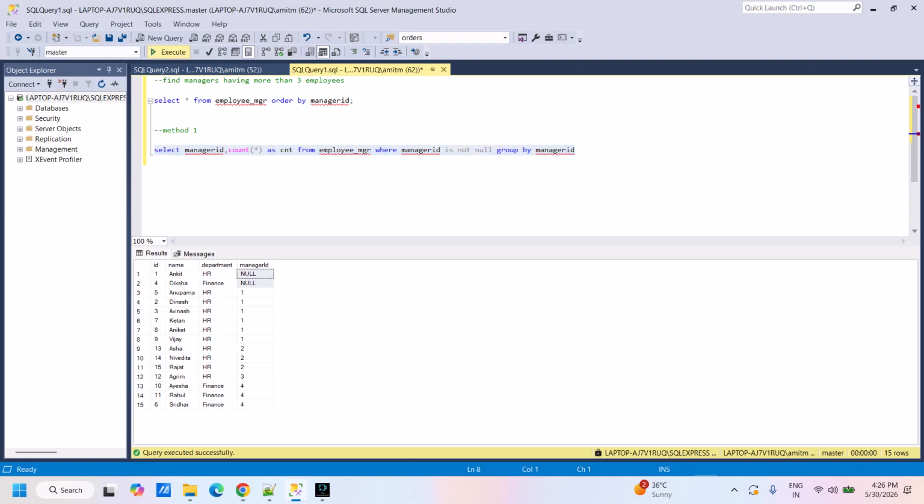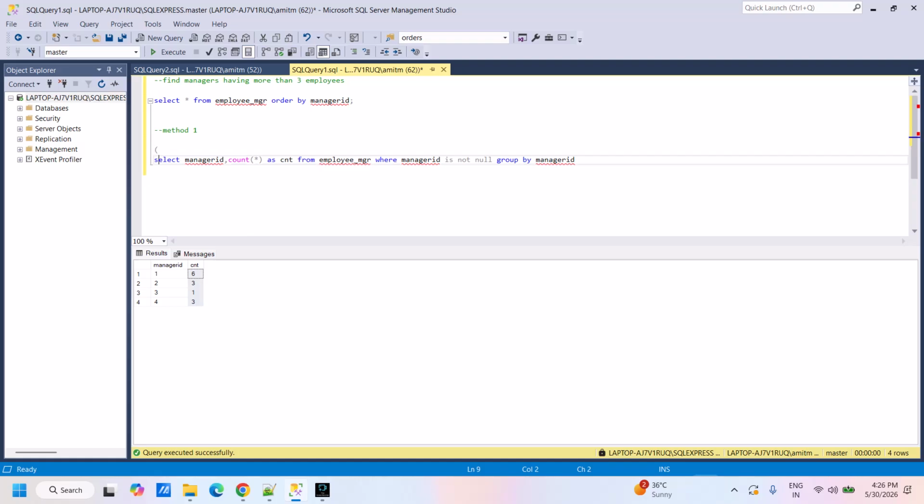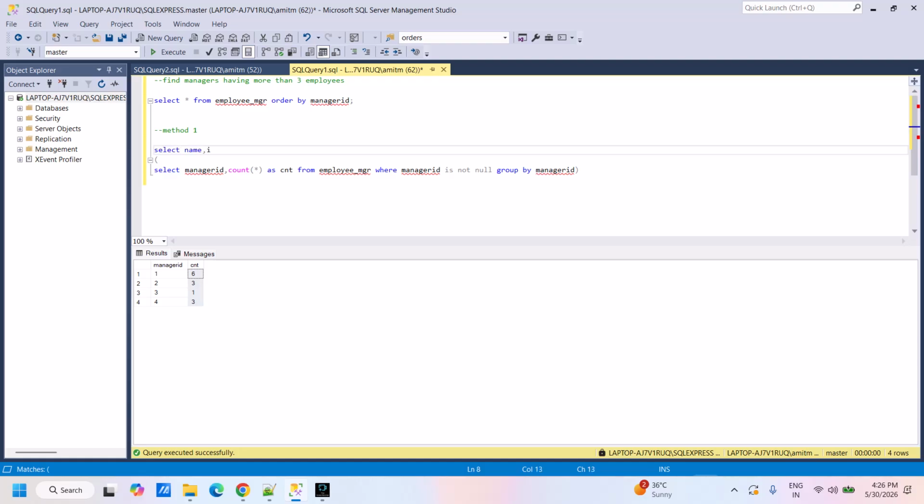If I just run this query, I can see now I have the information what I wanted. I have those manager IDs to whom more than 3 people are reporting, 3 or more than 3. So now I just need to get information of these managers for which this count is 3 or more than 3. So let's put this in a subquery, and then I will put select name, ID, count